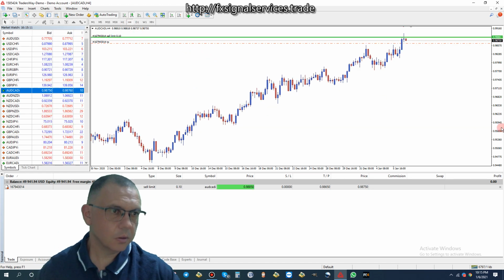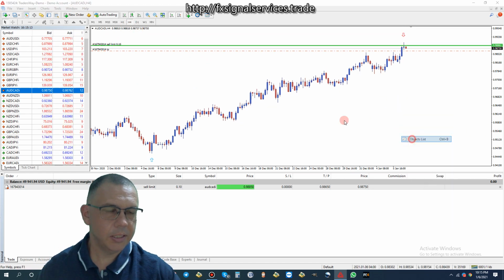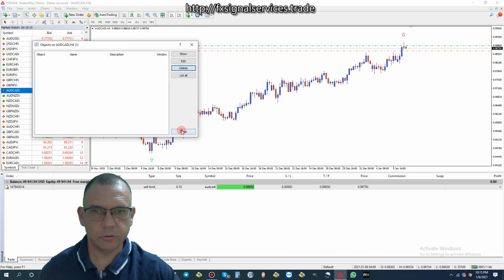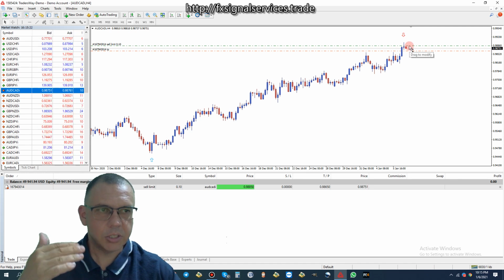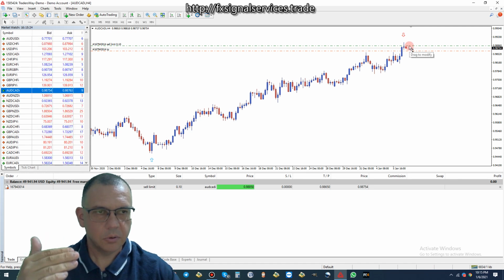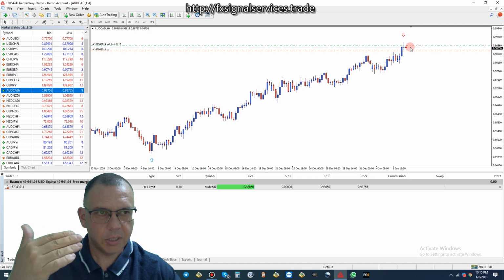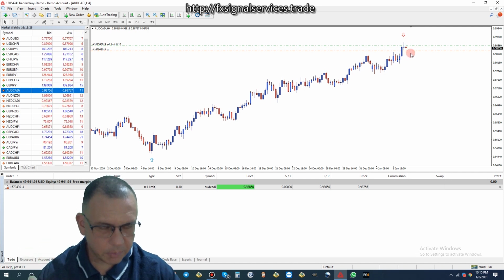zoom out a little bit. Okay, and let me delete that horizontal line I drew, so you can see exactly what I'm doing here. Okay, so now I have a sell limit slightly above the current price. Okay, now I'm waiting for the price to kind of retrace, go back up, and then drop down for the